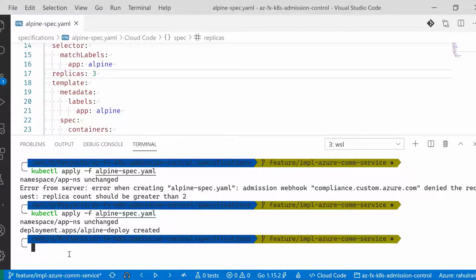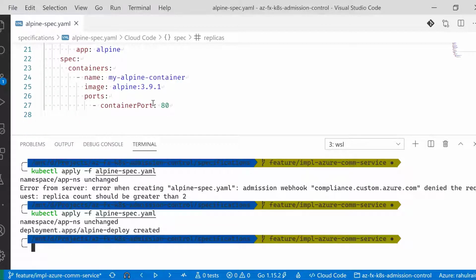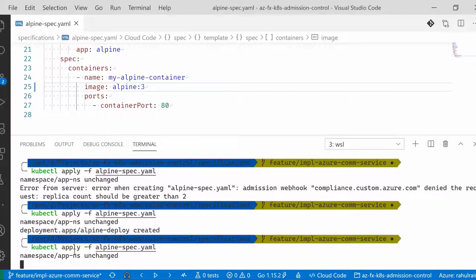Let's now try the third and final scenario, which is to update the application. In order to update the application, what I'm going to do is simply change the name of the image, so from 3.9.1 to 3. I'm going to run the same command again.